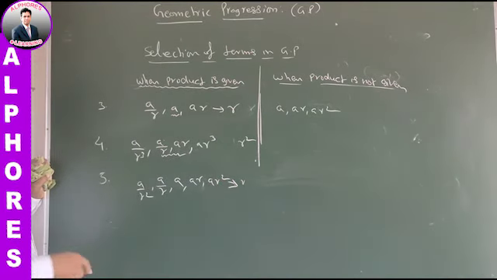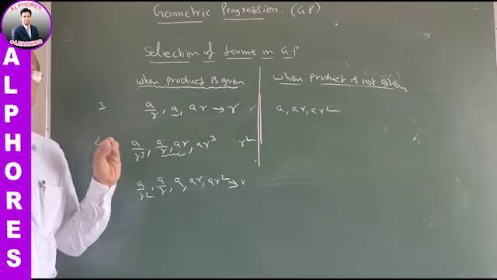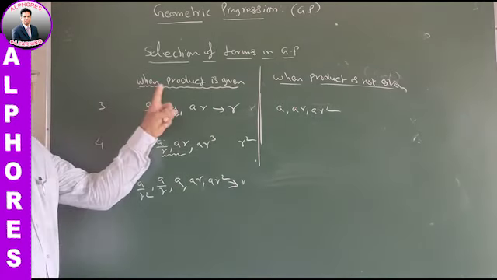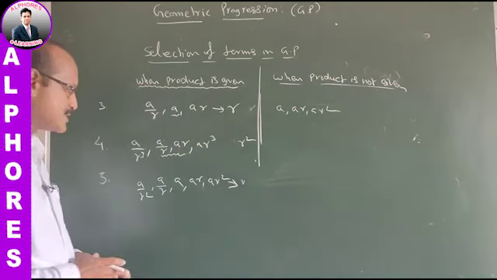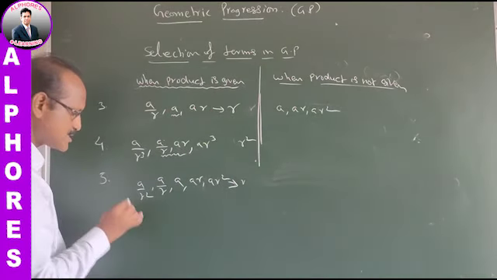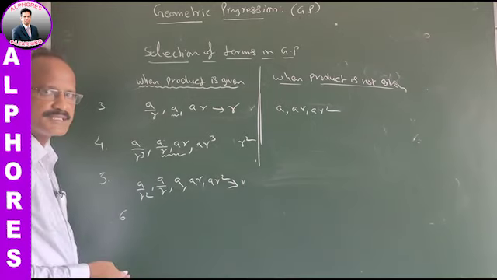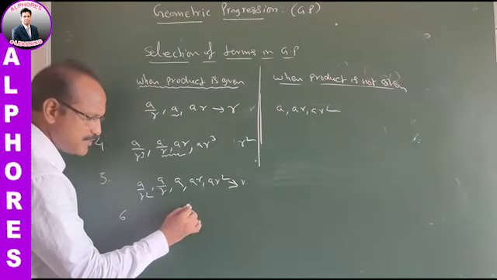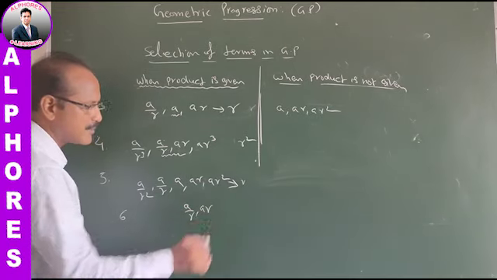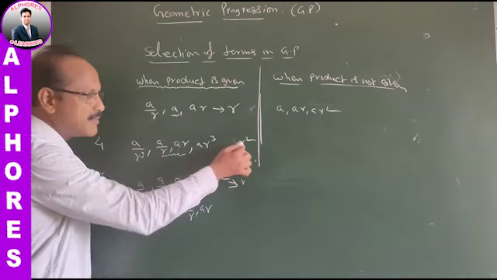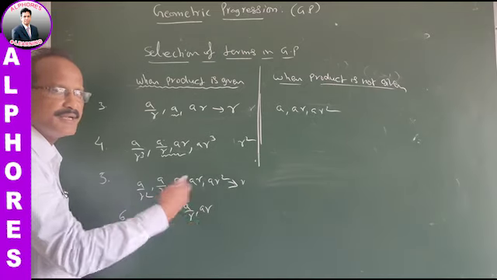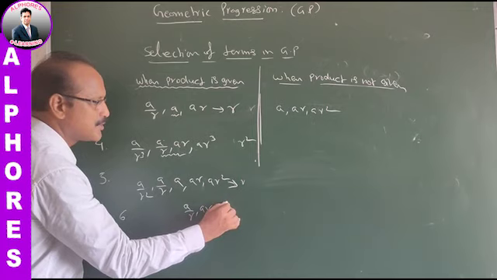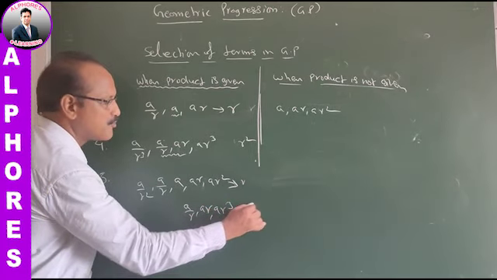Right? In this manner, you can choose an even or odd number of terms of a GP when the product is given. For example, if you choose 6 terms, that is an even number of terms, then first fix the middle terms A by R, AR, and maintain the common ratio R square, and you can write the remaining terms with the same data. Then the common ratio R square means AR cube and AR power 5.